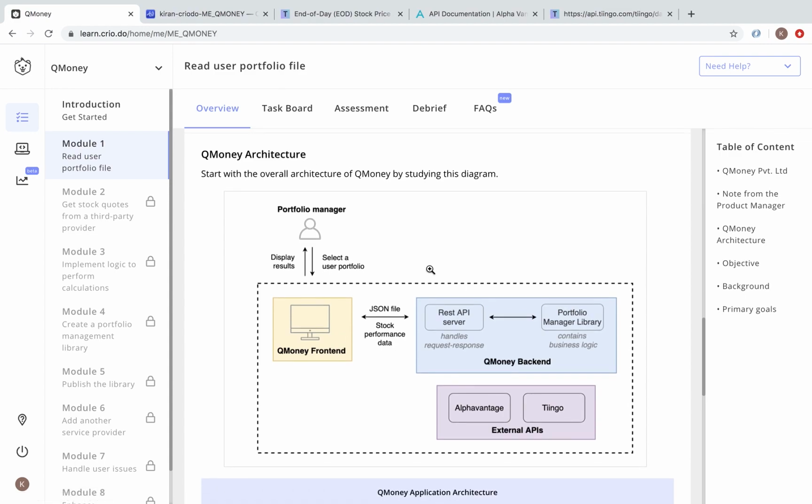This is the architecture diagram of QMoney. Notice the individual components. First, we have the front end. This is the QMoney UI you just saw. It is built using React. All the necessary front-end code has been provided to you and you won't be writing any React code in this